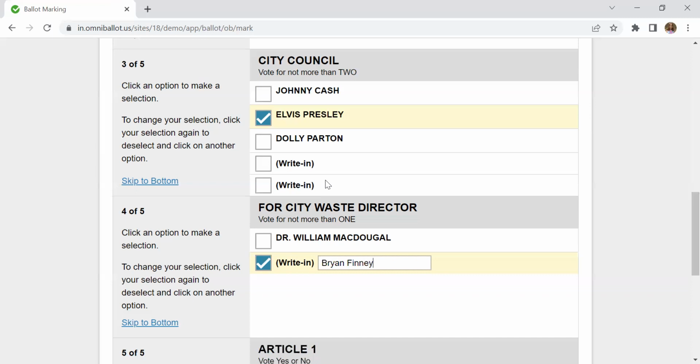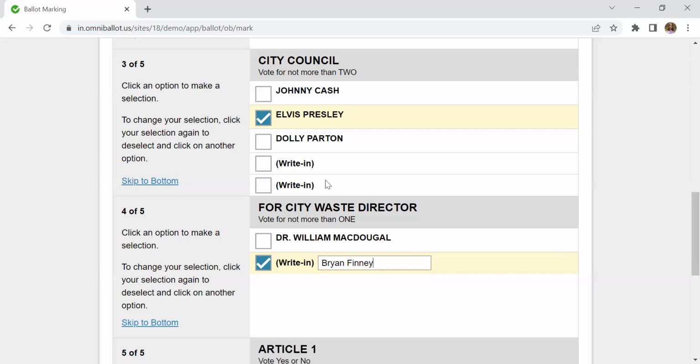the edit box, just to again show you what that looks like now that it has been filled in. Write-in checkbox checked. That write-in candidate box is checked, and then underneath that, Write-in. Edit Brian Finney. You have your write-in candidate in that edit box. So that's all that's needed if you would like to fill in a write-in candidate.